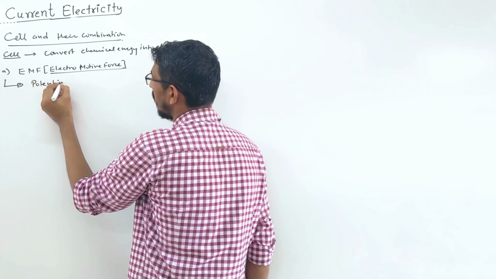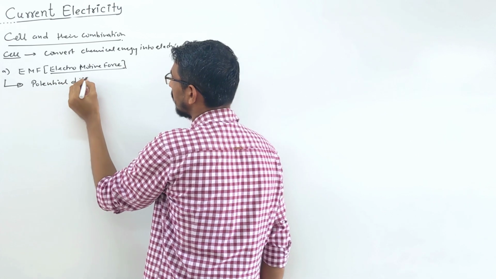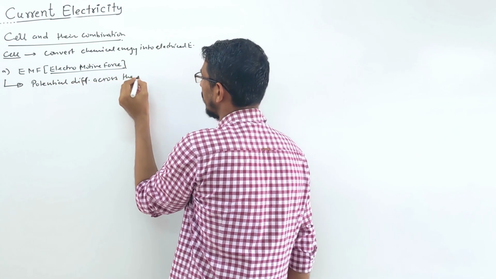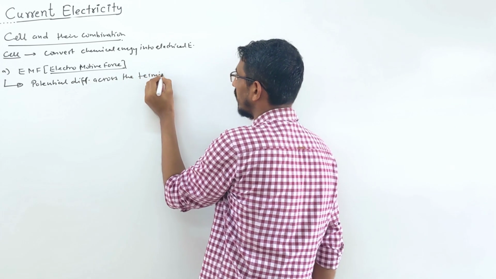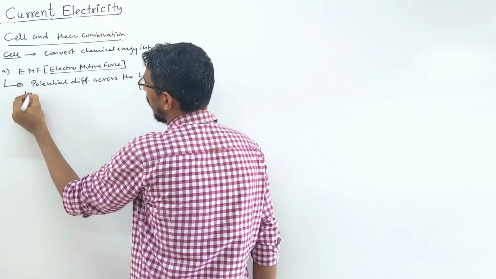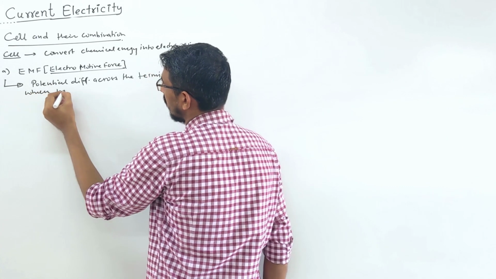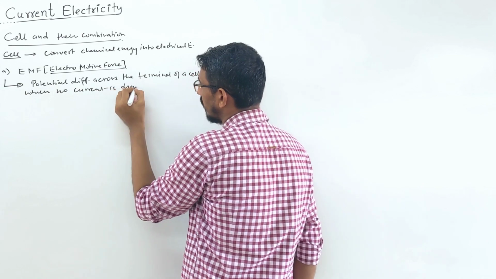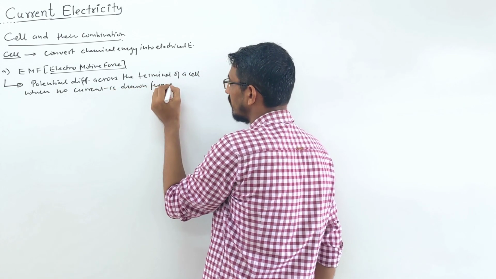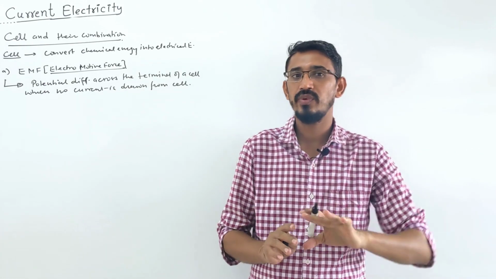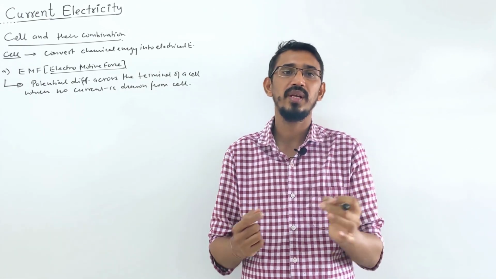So I am writing a few words here. Potential difference across the terminals of a cell when no current is drawn from the cell. You are not drawing any current from the cell, then the potential across the terminals of this,